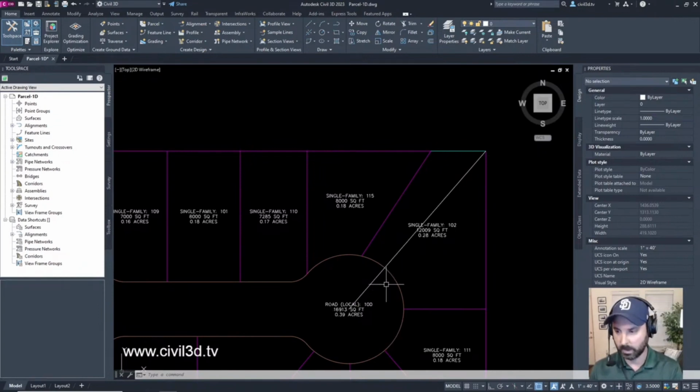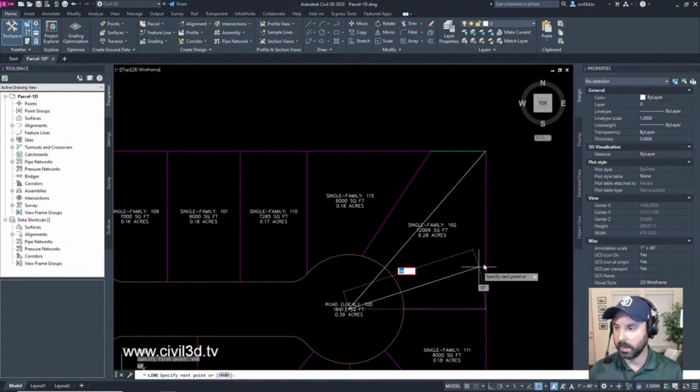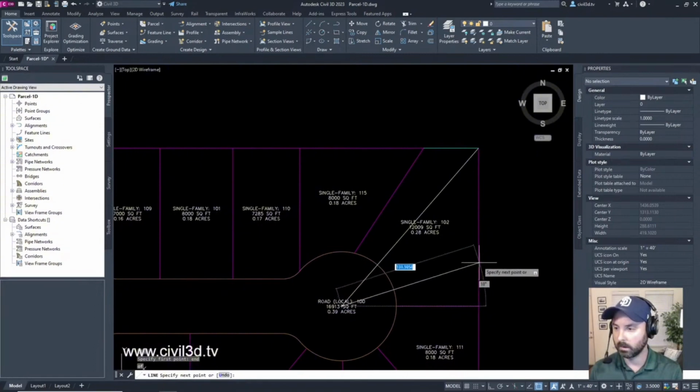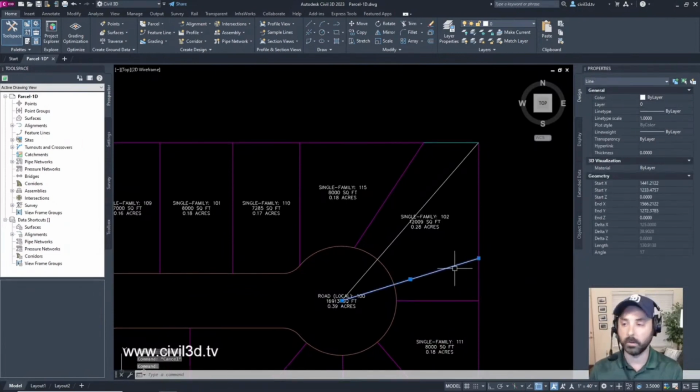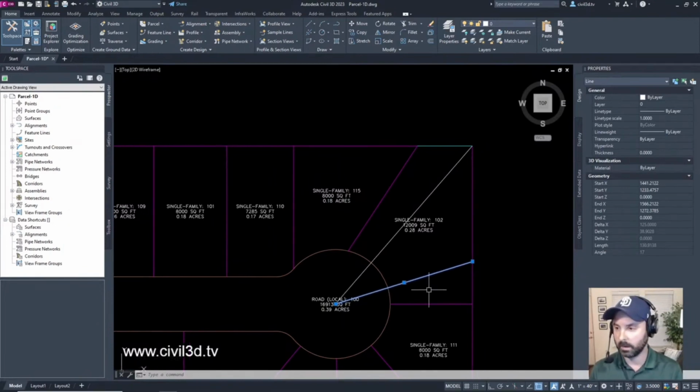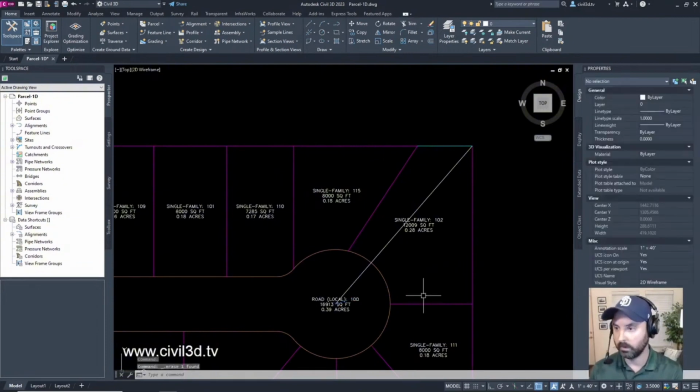If I strike a line from the center of the cul-de-sac and go to maybe right here, this line is still considered a radial because it extends to the center of my cul-de-sac. So this is just extra knowledge for you. Hopefully that helps you.